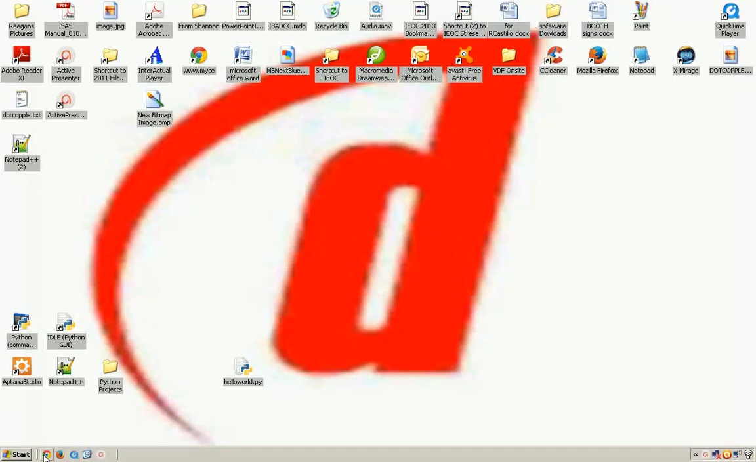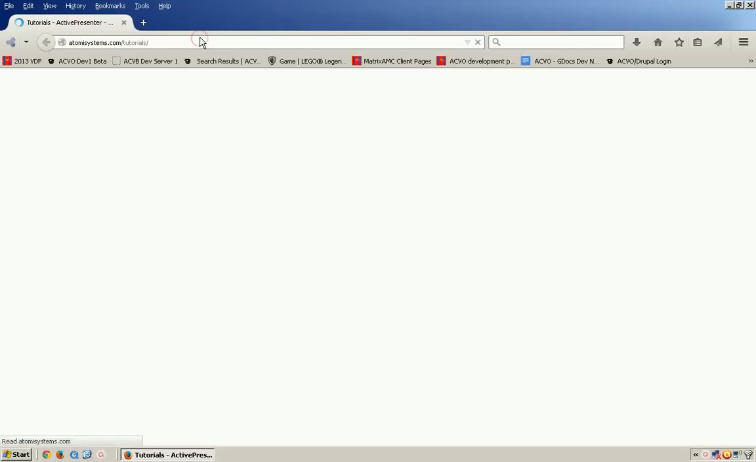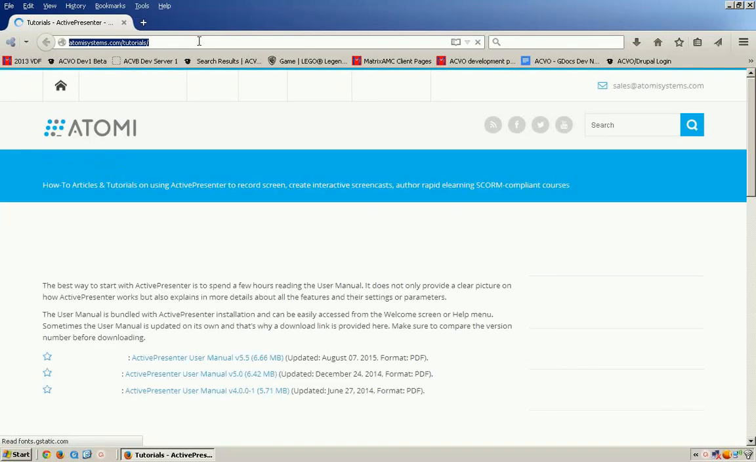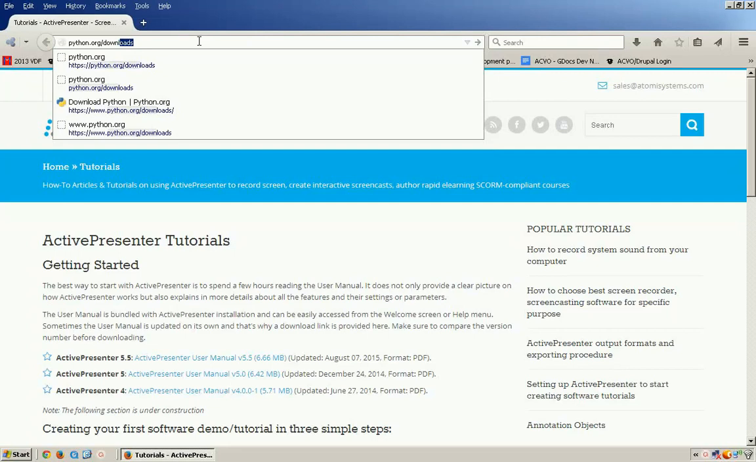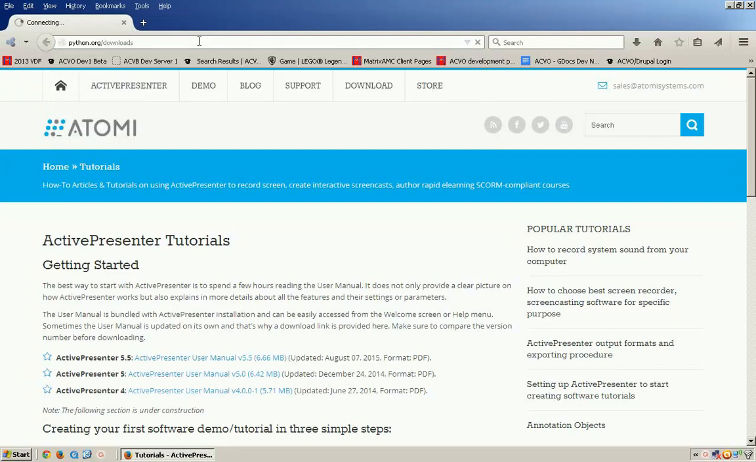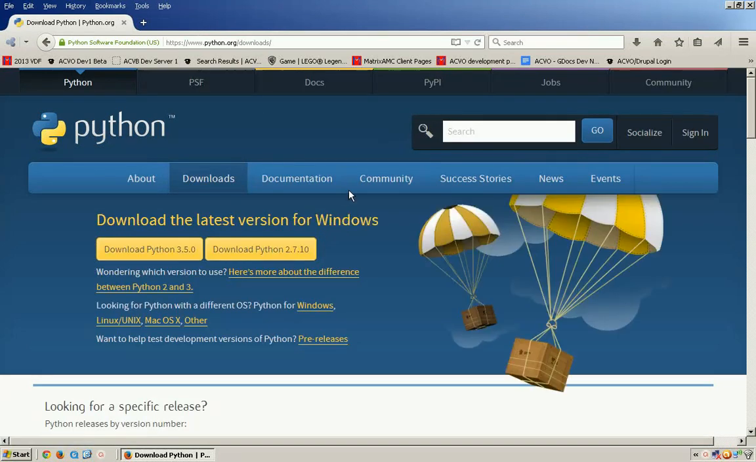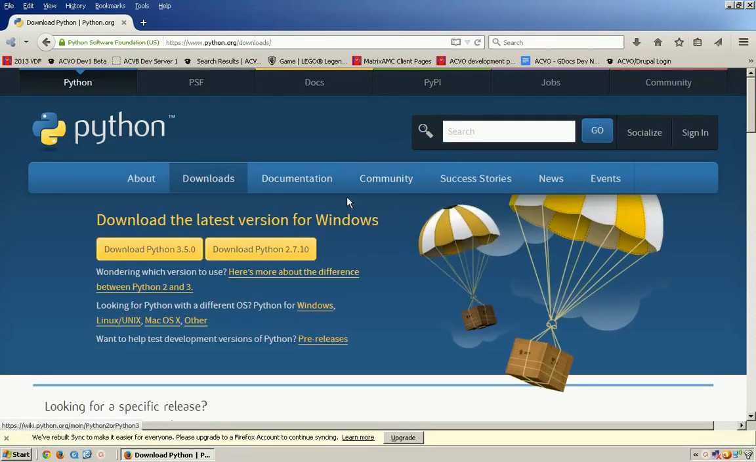First, open up any web browser. We're going to type in python.org/downloads. Should take you to a page something similar to this, or exactly the same. I downloaded Python